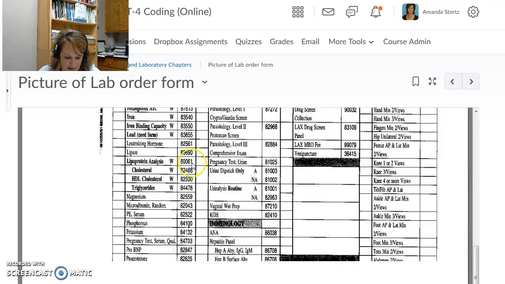On page 165, you can see they give you a lab requisition form, and the little X's. It's kind of hard to see next